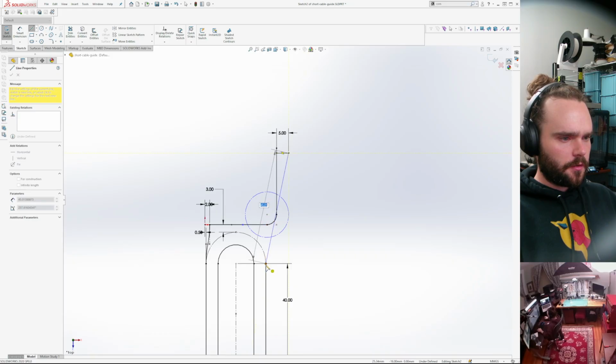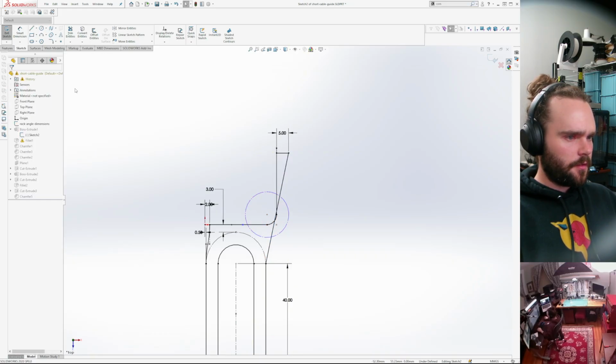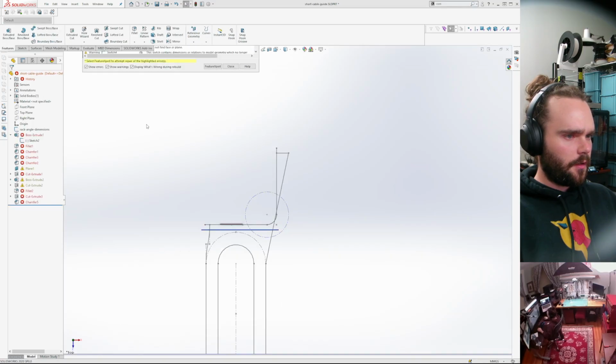I'm gonna restart SolidWorks real quick because this is a bug.